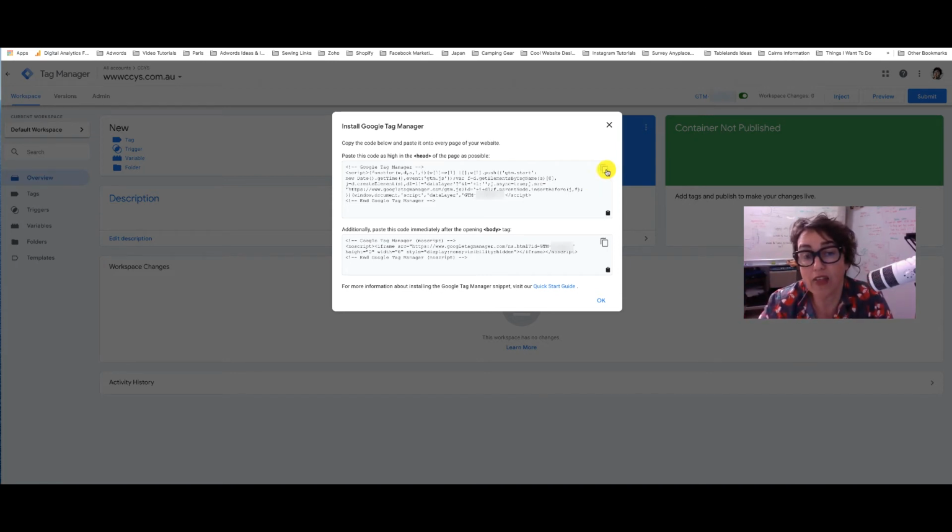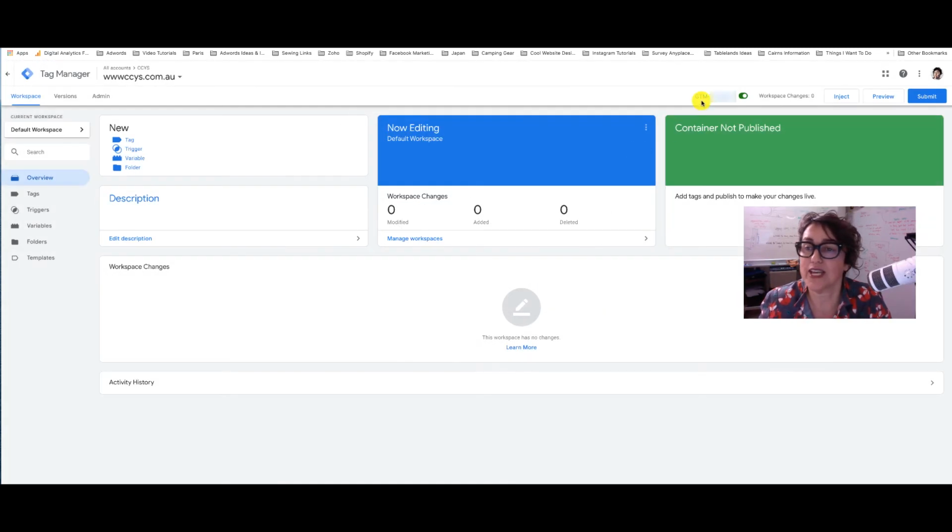If you have another content management system, the main thing you need to remember is following the direction here of pasting this code in as high a page as possible, either by a developer or using a plugin of some kind. And this one here goes immediately after the opening of the body tag. That's classed as an opening, and when it has a / on the back, that's classed as a closing. So this is saying it's high, so just after this, and this is also saying, immediately after the opening of the body tag. That's how you install it, but I'm going to close that